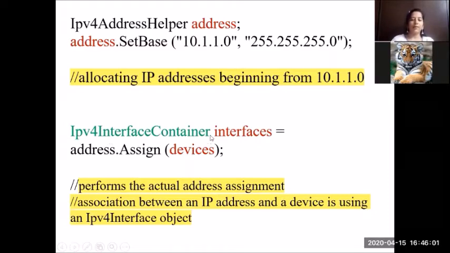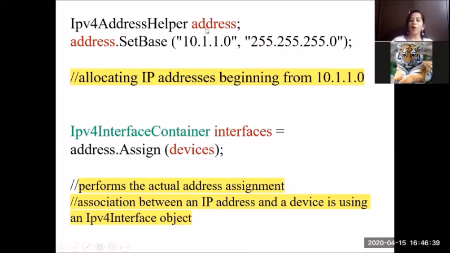As I told you, this is another helper class which will create a container to hold the network interface cards. So whatever network interface cards we are going to create will be kept in a container. A container will hold everything, and the name of the object I am giving it is interfaces. So I'll create an interface container with the object name interfaces, and here itself I'm assigning, I'll use a method called address.assign. Remember what is address?